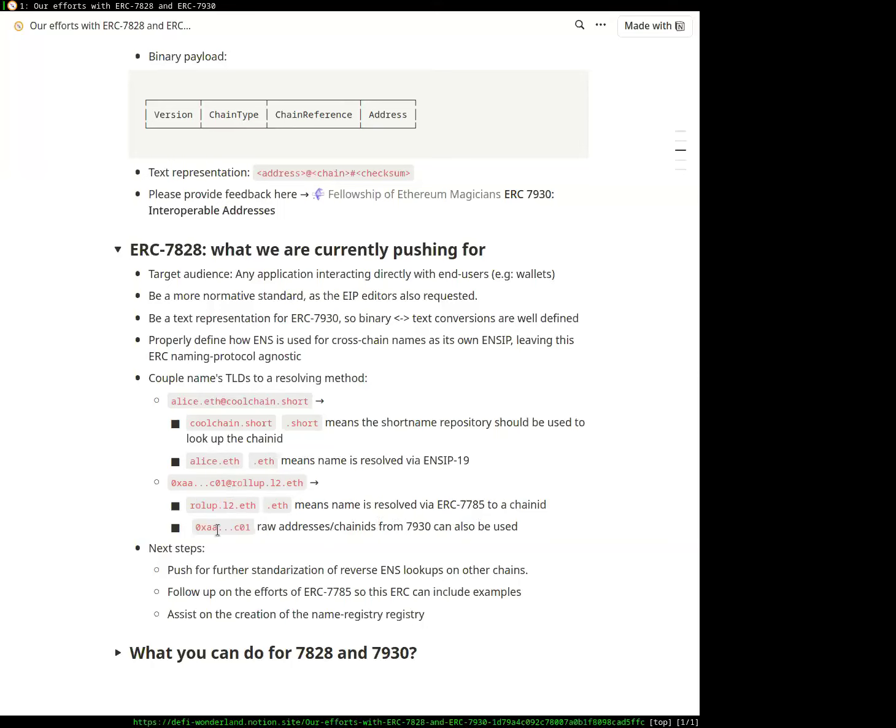And this also showcases that you could still use raw addresses or raw chain IDs like you would do with 7930. So you can use these for things that are not actually named, and you can represent things without going through a naming registry.